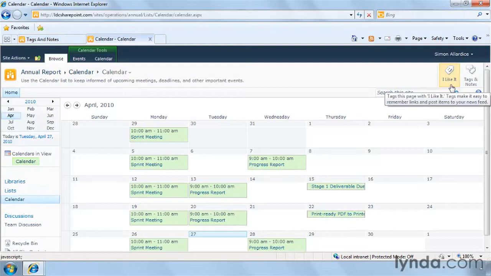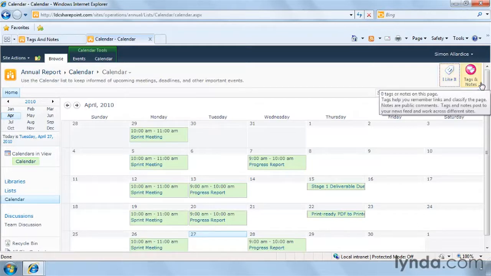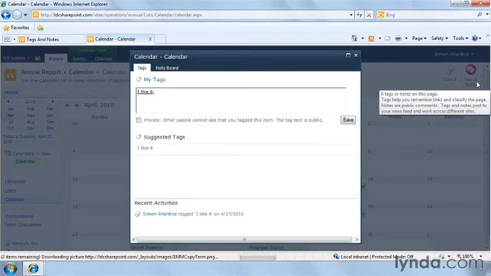I can click the I like it tag, and if I do that, I get a little message pop up that I've tagged this page with I like it. Well, what does that actually mean? The idea is that any page in SharePoint, and if we choose to, even external sites, we can tag with some information, with some keywords or key phrases. And the fact that I've clicked the I like it button now shows up this icon in hot pink, our tags and notes icon, that if I click it,